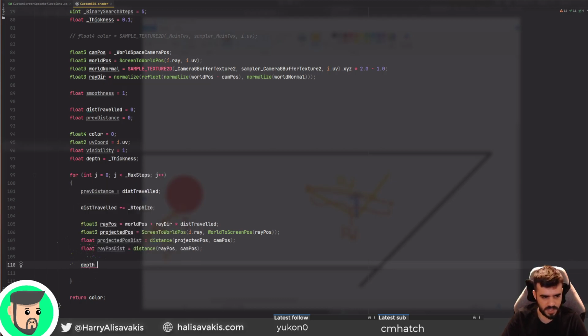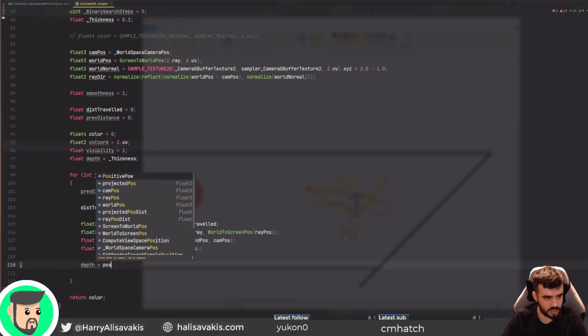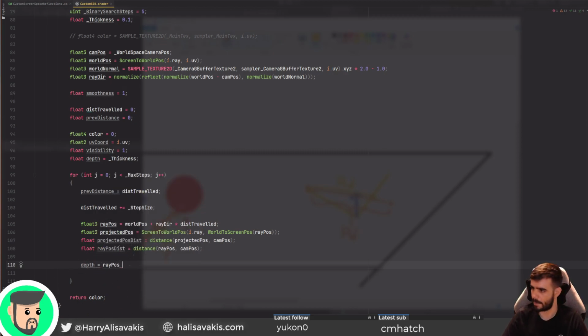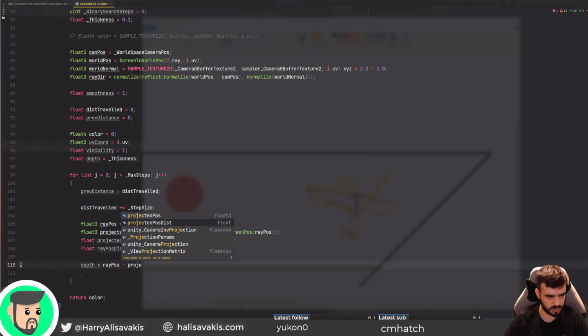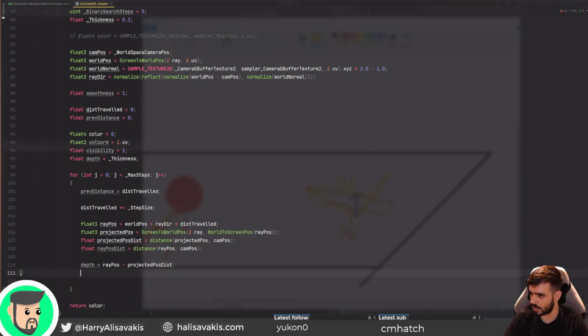So we can call the depth now, the ray position distance minus the projected pos distance. And we can say that if the depth is larger than 0, which means that the ray position distance is further away than the projected distance, it means that we hit something along the way, right? Because it means that